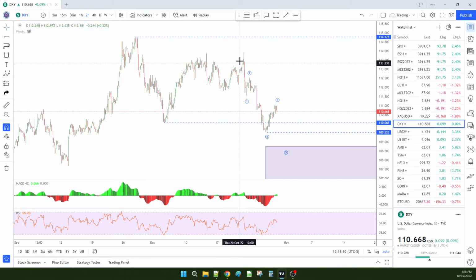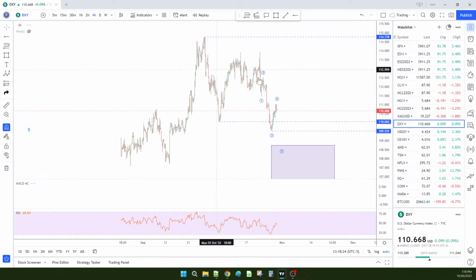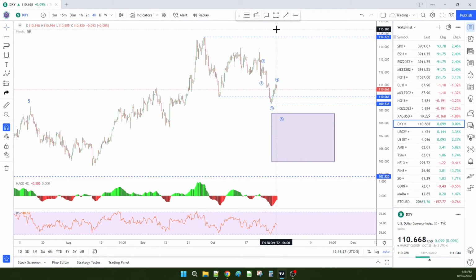And so this would be 1, 2, 3 completes 4 of this leading diagonal, and so then it'll go back up in 3 waves to break 114.77. But again, once that does break, then this will all be the leading diagonal, the A of the leading diagonal. So even when we break 114, probably get into the 115, low 115s or so, there's going to be a correction, but then there's going to be one more leg up for C. So the dollar is going to remain strong for a while,